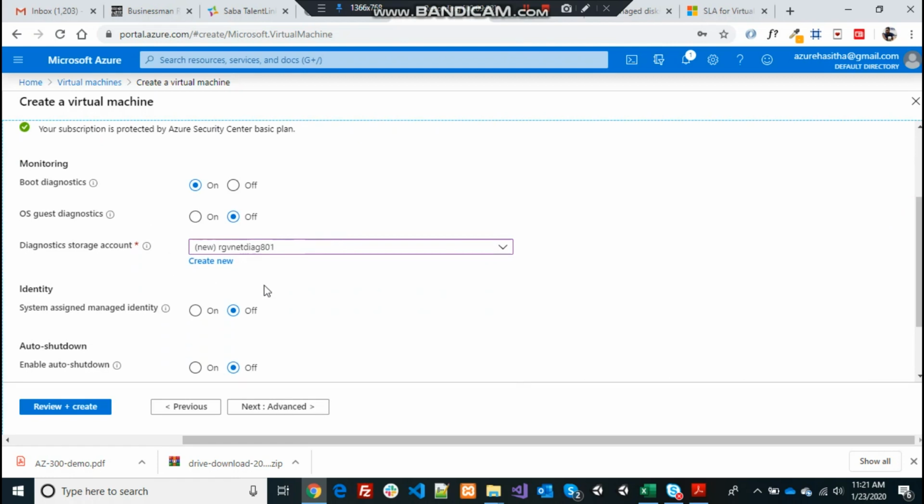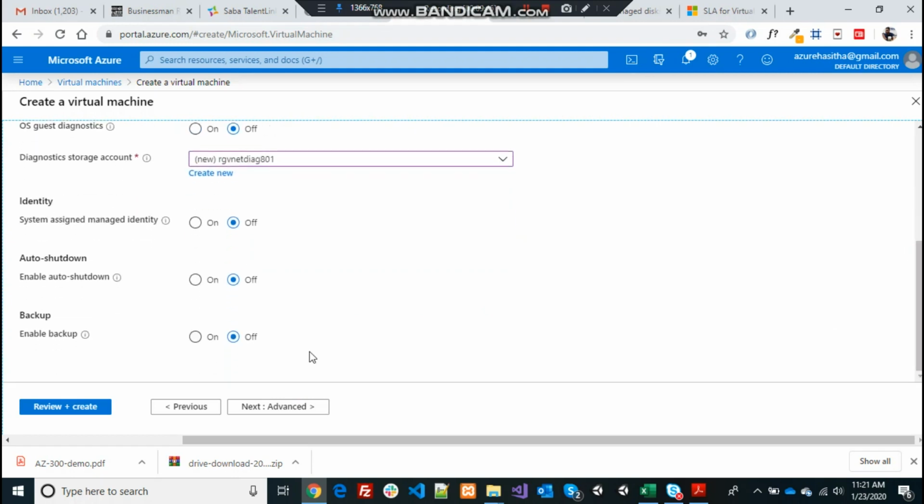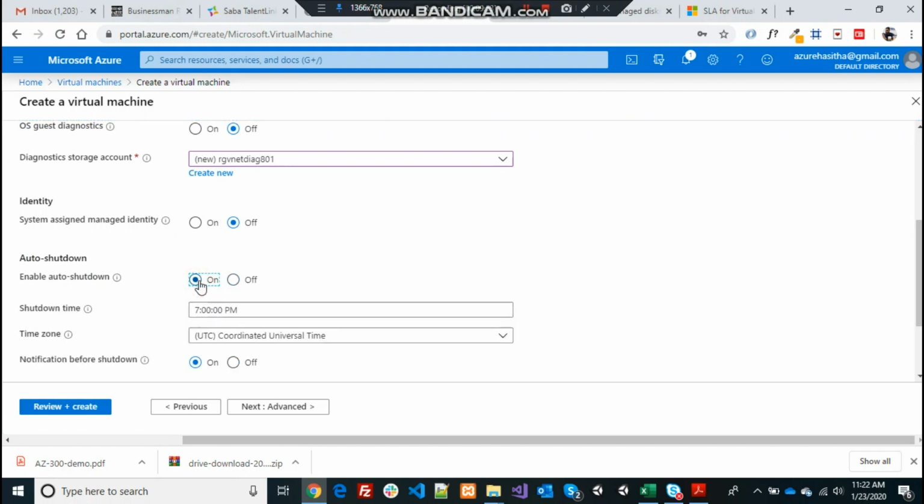Okay, so these are the other management options. This is important: the auto shutdown. I'm turning auto shutdown on and giving a time. Every day at 7 p.m. I want my virtual machine to shut down,